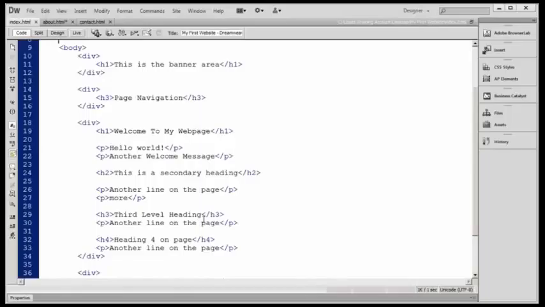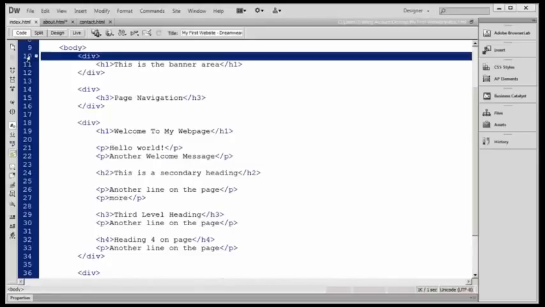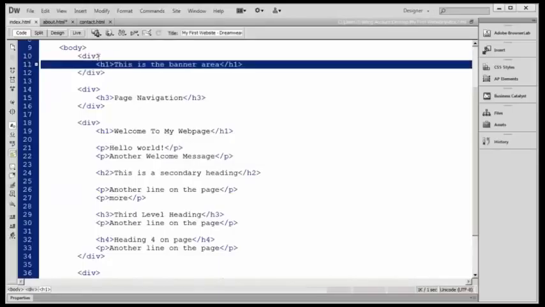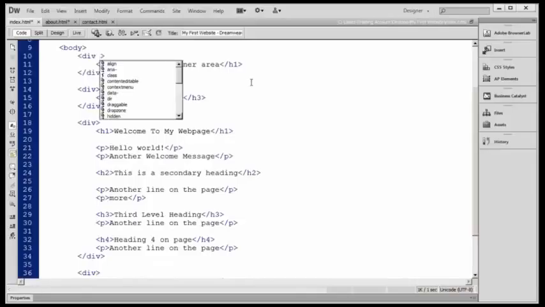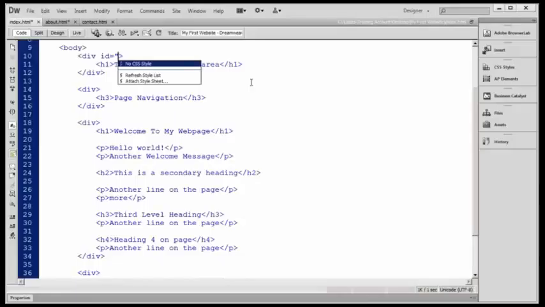Now, the last thing that we need to talk about right now as far as divs go is how to give IDs, or how to give identification to the different divisions that you create on your page. And that's very easy to do. You'll see I have my opening div tag for this section. And what you're going to do is click in between the V and that closing bracket and type a space. And then you're going to type ID for identification equals quote,